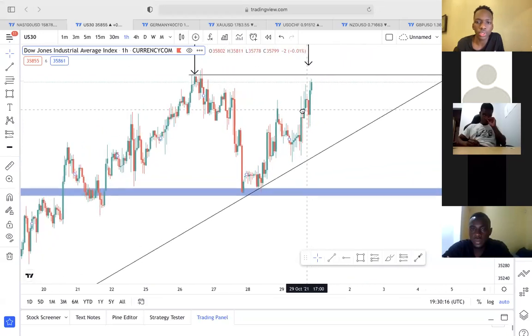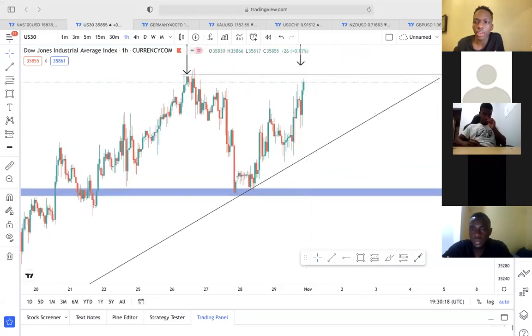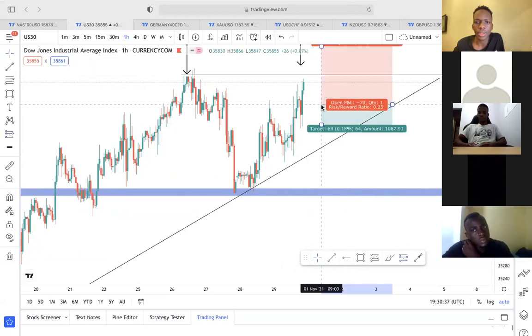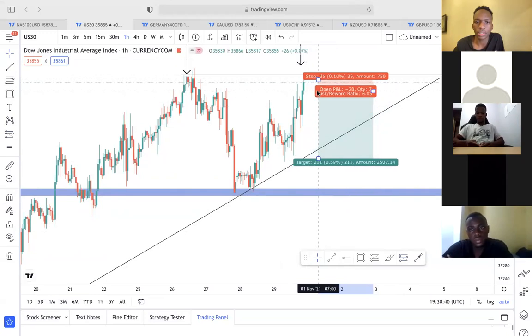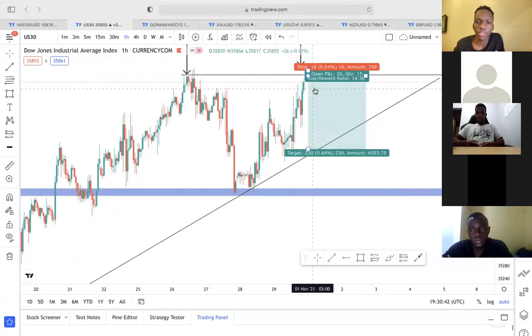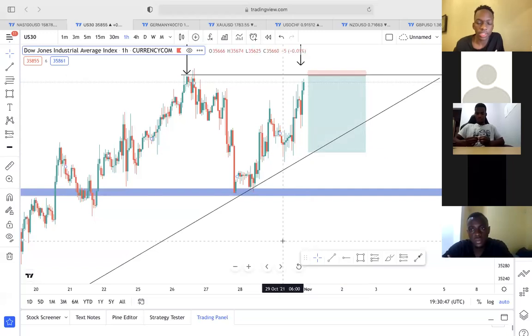I'm just waiting for US 30 to fully reach this zone over here, which is 35878. It's better if everything's at the bottom. So this is my US 30 analysis. I'm anticipating a double top pattern, only if this zone is respected. Anticipating sells all the way down to,